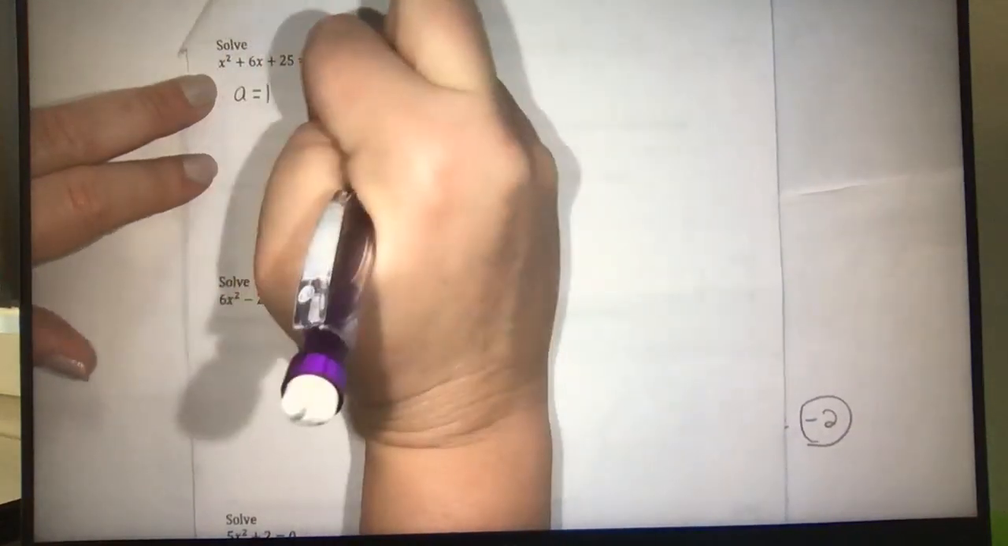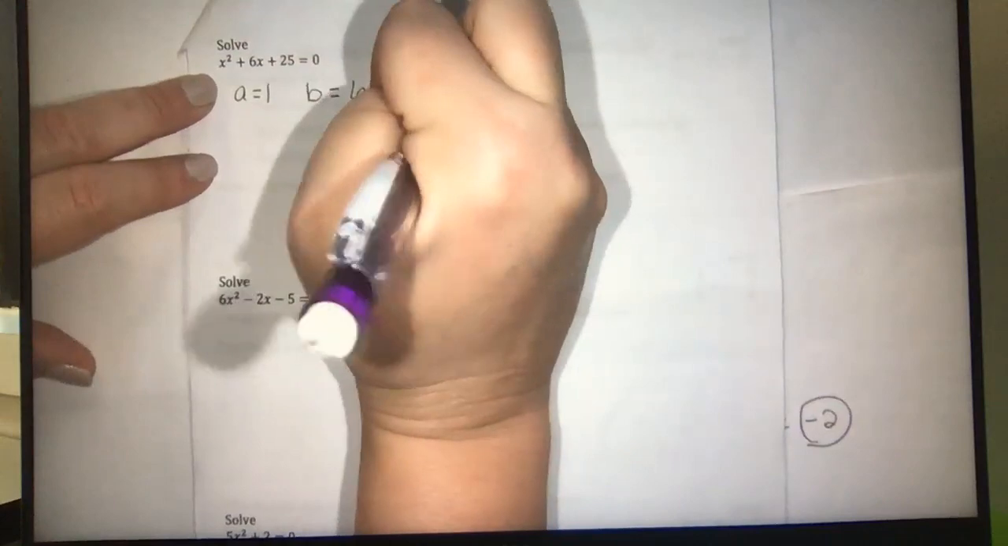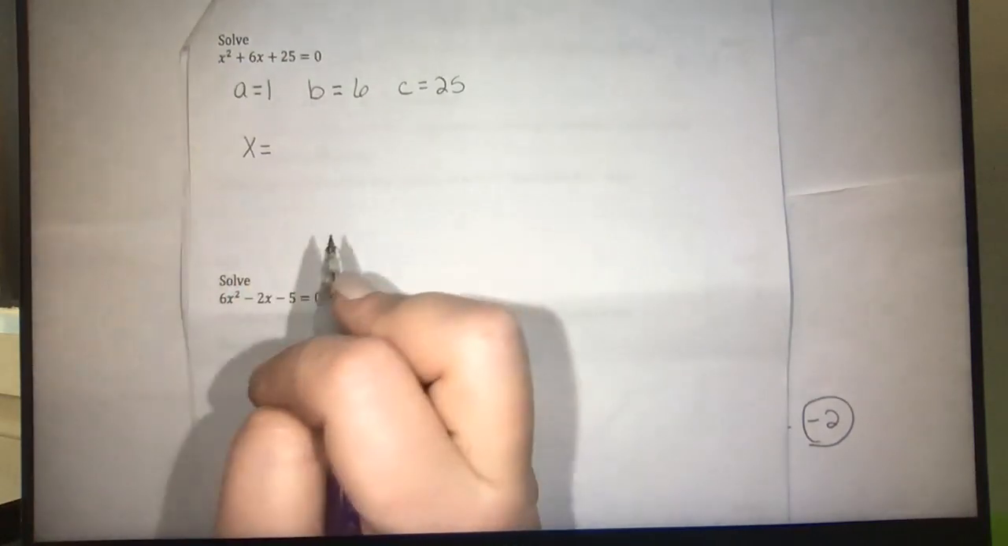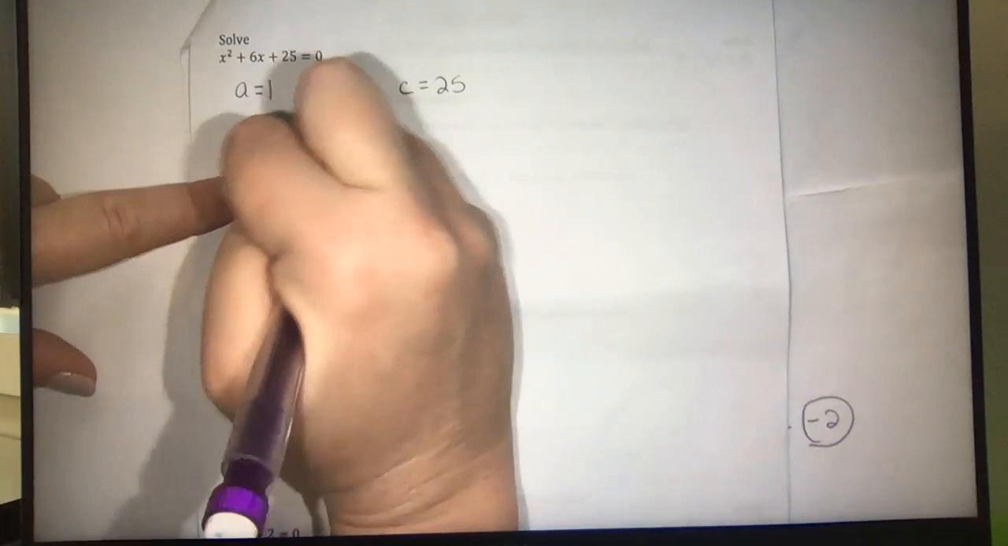All right, am I ready to jump in and do A, B, and C on him? Yeah, here we go. All right, what's my A going to be? 1, good. B is 6, C is 25. Okay, so I have x equals the opposite of B, or negative B, so -6, plus or minus